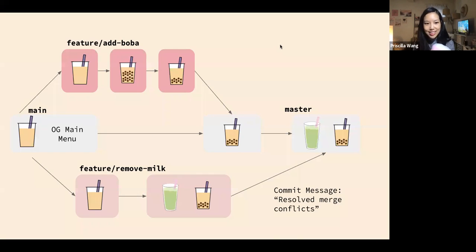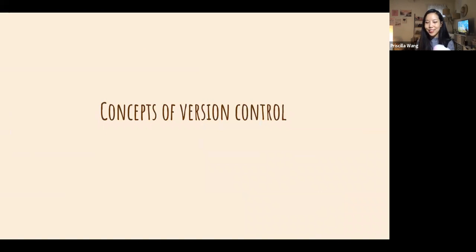So yeah, that's it. That's all that there is. And I apologize. There's actually a little typo here. It says main and master here. It should be main. So I apologize for that in advance. I just noticed it. So we're going to push back to the main branch, and that's essentially the concept of version control. Super simple. And I hope that analogy makes it easy to understand, but let's just go through the